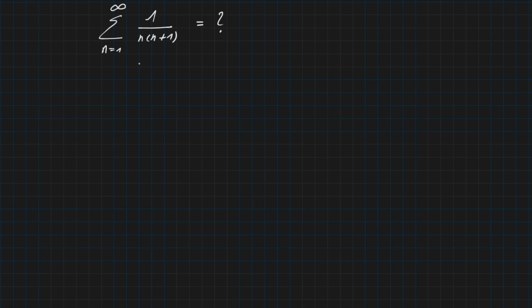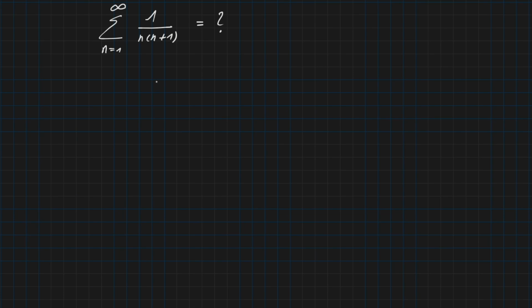Today we are looking into a series, a sequence which is defined as a series, and we are asking ourselves whether this series is converging, and if it is converging, what is the value of this infinite sum. There's a little trick we can apply, and with this trick we'll see that this sequence actually is a telescoping sequence, for which we can in turn apply a very interesting and commonly used trick in order to